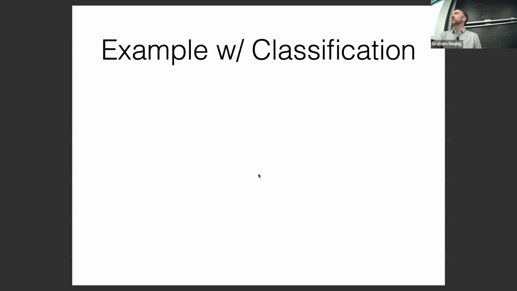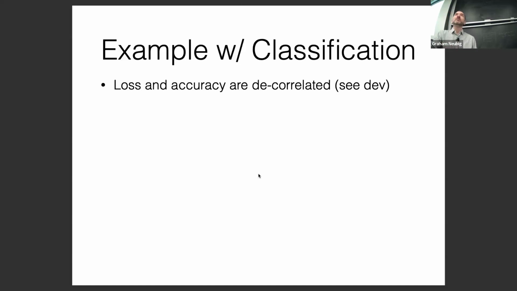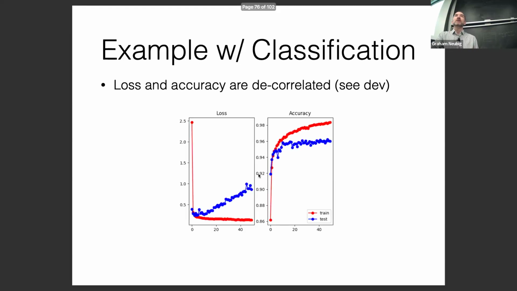And this is a super simple example with image classification on MNIST. I ran this experiment with like 40 lines of PyTorch code. And so here on the left side, we have the loss on the training set